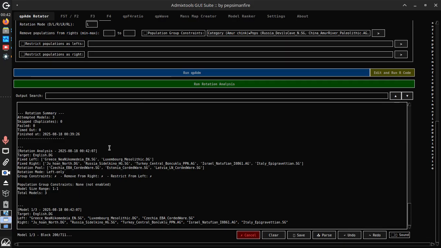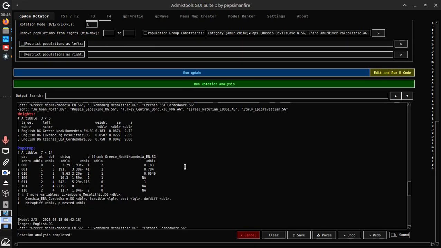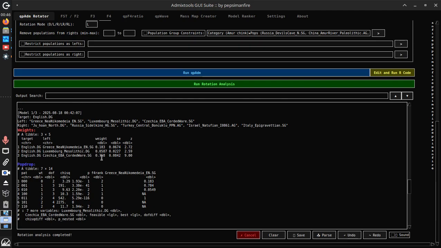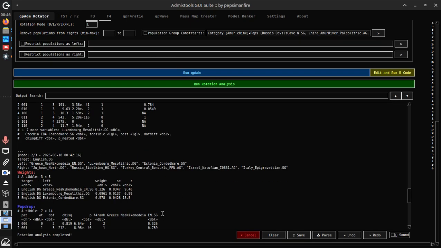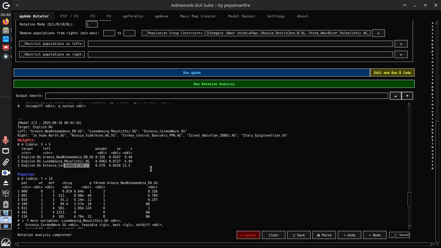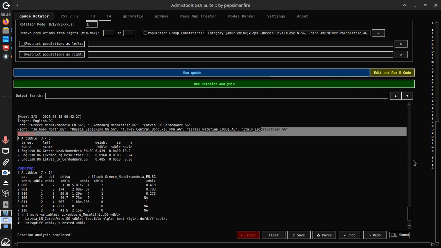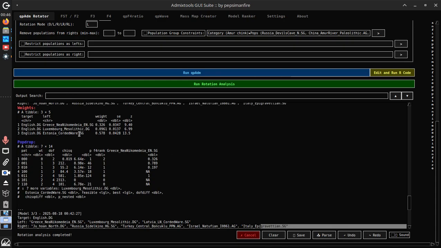Okay, 3. Let's see. Okay, now this ended, right? So it tested all of them. 75, 57. The standard error. Well, this is very high standard error, so this model isn't good, and also this doesn't make any sense. This is okay, and this is yeah. Oh, I forgot to add Tepe Abdul Hossein, but you can still see this model is the best one. Why? Because first, even if this has less standard error, the thing is,